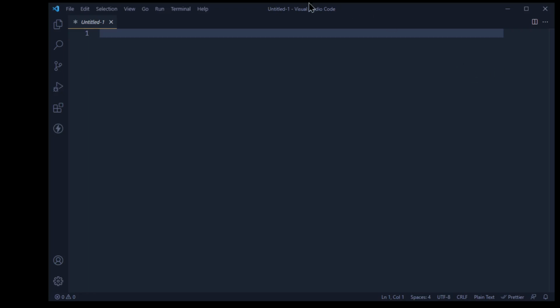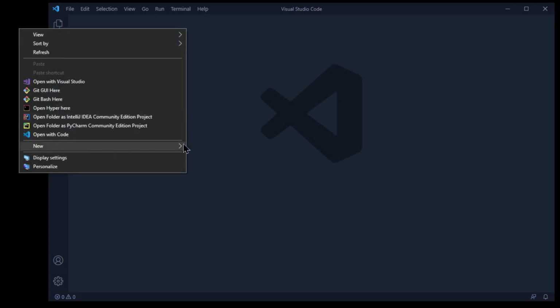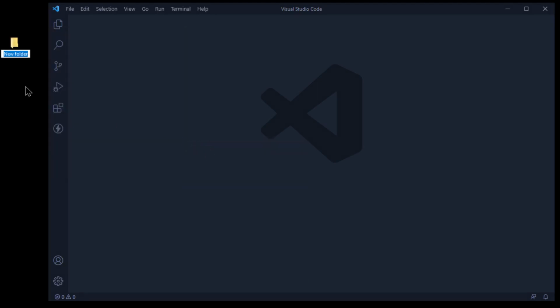Here you can see that I just opened one notebook. That's it, the empty Visual Studio, not even created the folder. From the folder creation, we are going to record. First, on the desktop, I'm going to create one folder. I'm just naming it YouTube, and within that I'm going to create two different folders.